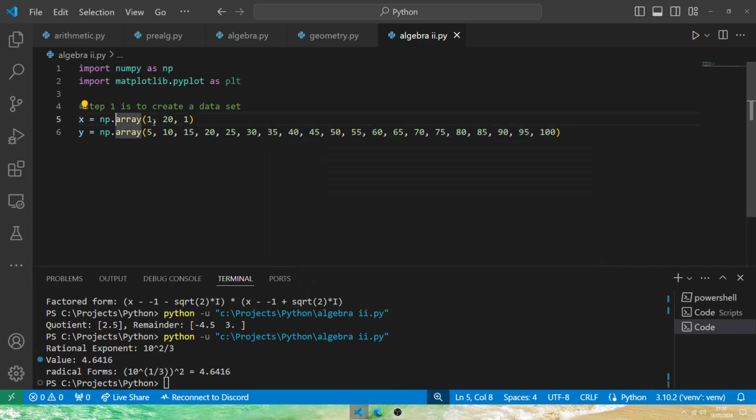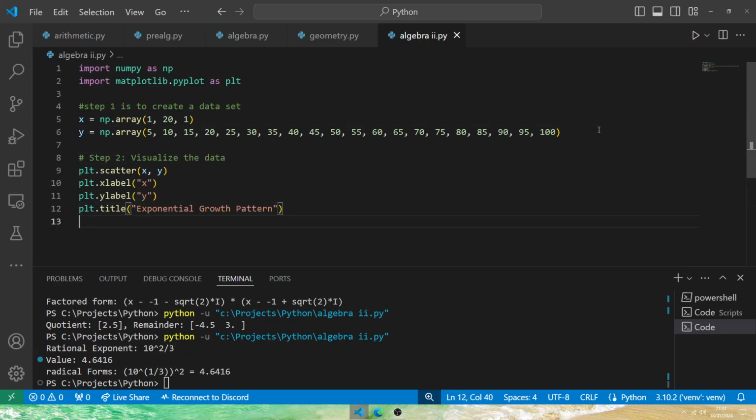Sorry, the y is the response variable and the x is the predictor variable. So our response is going up by 5 every time. This is the data set that we're hoping it can catch the pattern from and continue onwards. Now we're creating some plots, a scatter chart with the x label, y label, and title, and then step 3 is to fit the exponential